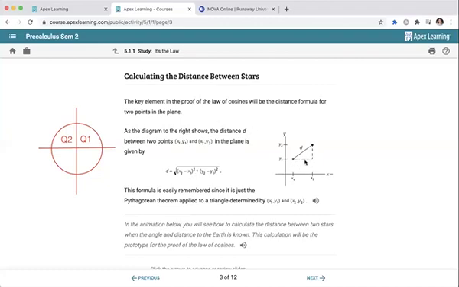If you assume that this is distance x and this is distance y, in order to calculate d, we would take x squared plus y squared, and that would give us d squared. In order to get d, we'd have to take the square root of both. Effectively, that's what we do here with this distance formula,